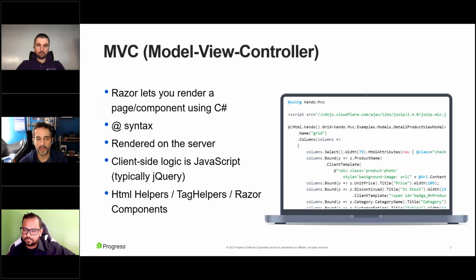And then in ASP.NET Core, we have some choices here. So in Core, we have HTML helpers, which use that Razor syntax, that @ symbol. Then we'll say Html dot some component. We also have tag helpers, which is a tag and attribute style way of annotating our components. So this is very HTML-like component logic. They're very easy to write, very testable. And then, of course, we have Razor components, which come from the Blazor framework itself. Those are actually compatible with MVC, and we'll talk about that, and I'll show a demo in just a minute.